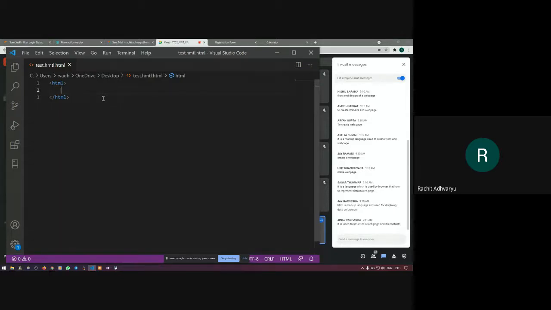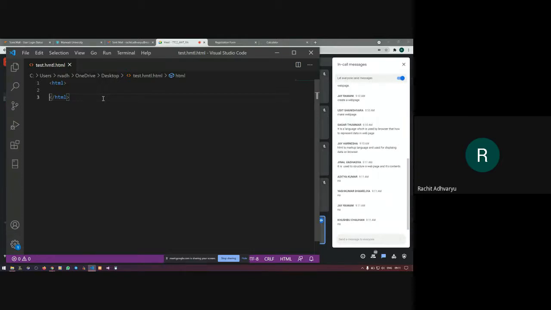Now, in HTML, let's say, are HTML and its tags case sensitive or not? If I write HTML in small case and the ending of HTML in capital case, will it be okay? Okay, fine.